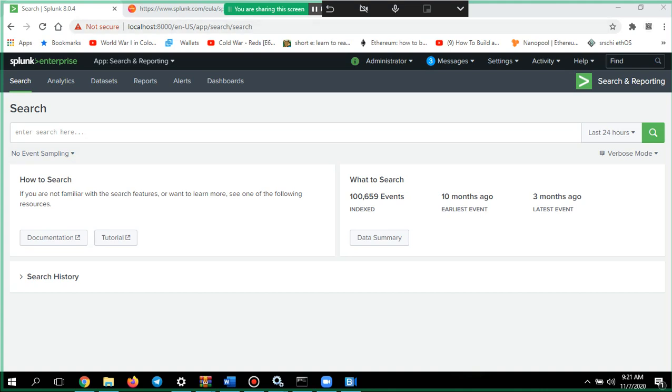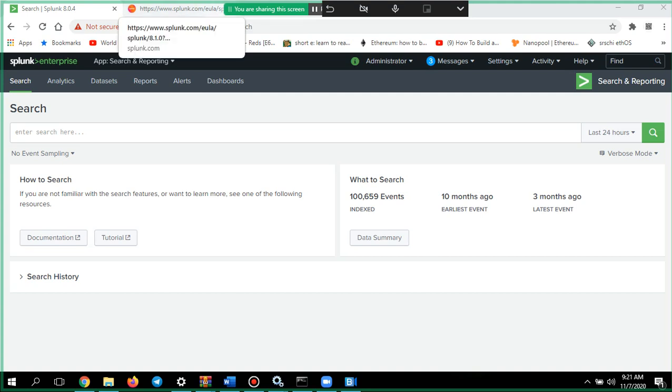For any system in your organization to work with an analytical tool, first of all you have to send the logs from that machine to your Splunk. This Splunk usually is installed in some remote location.